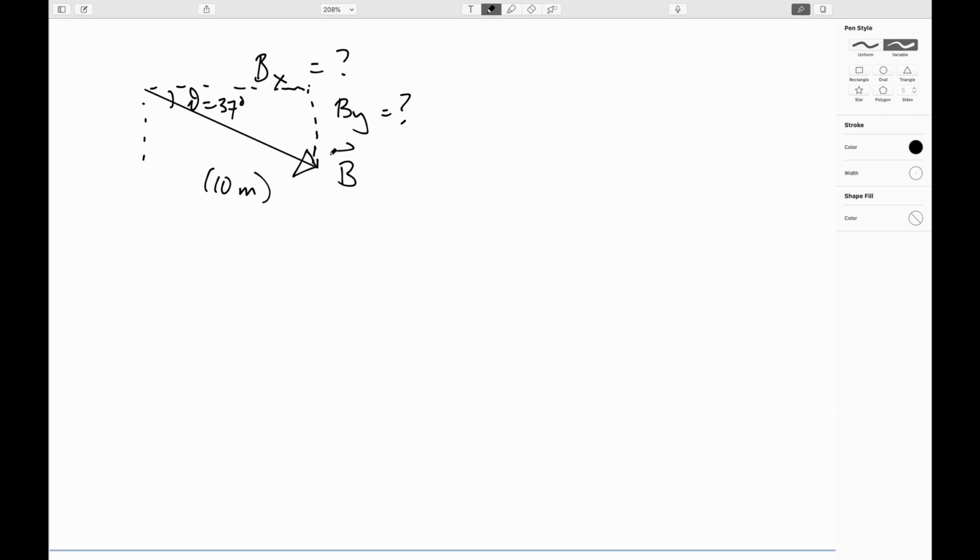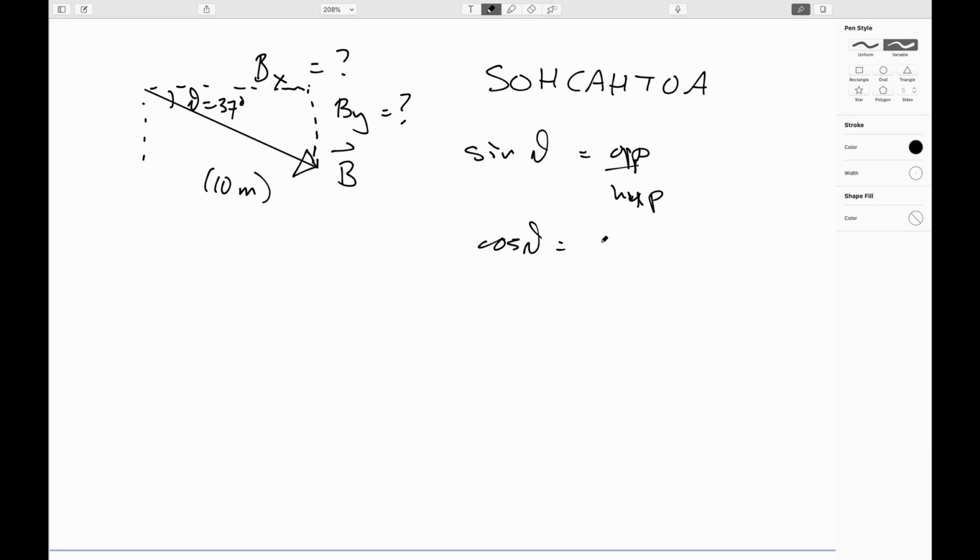So what this means is, instead of, say, using sine and cosine being like y over r or x over r or things like that, usually we just rely on the old mnemonic SOHCAHTOA. So remember, that means sine is opposite over hypotenuse. Cosine is adjacent over hypotenuse. And tangent is opposite